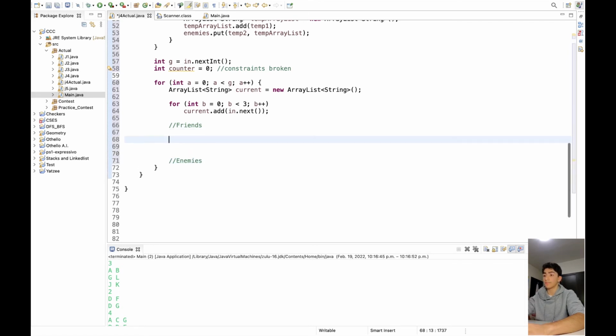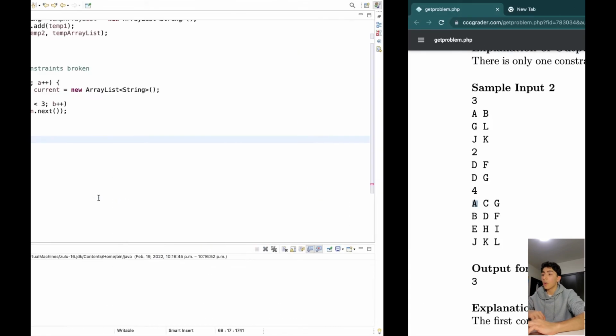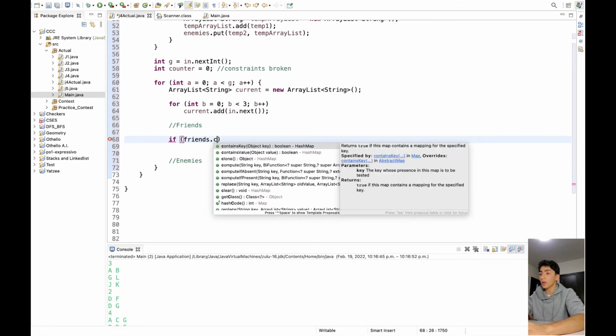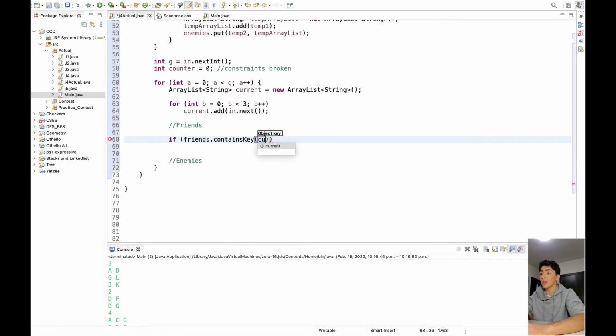So if current.get1, so current at the first index, the first element in current, in this case it would be A. We're going to go, all right, does friends even contain the key A? So if friends that contains the key current dot get